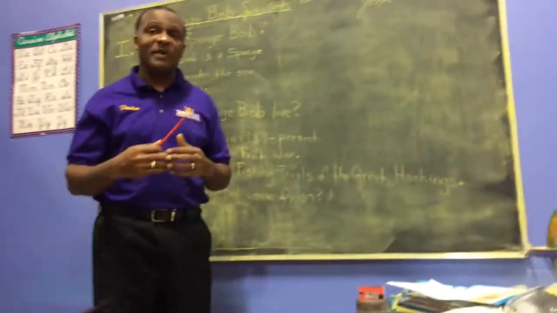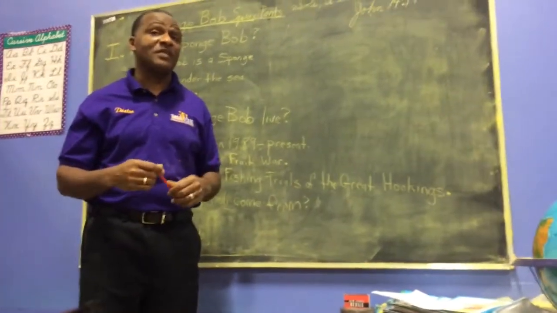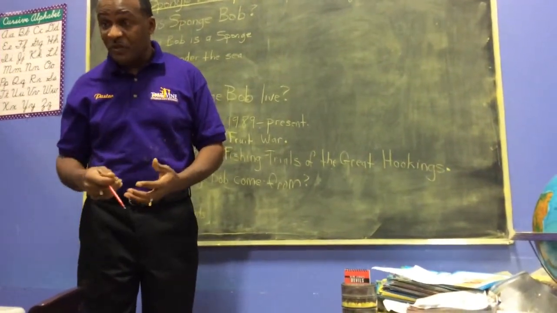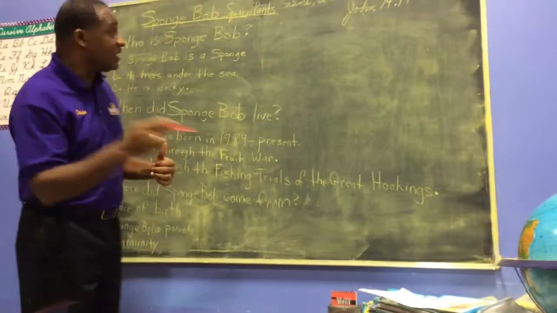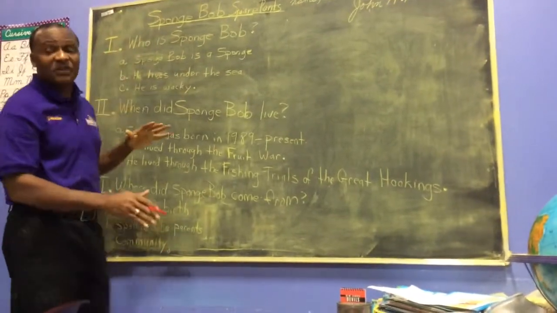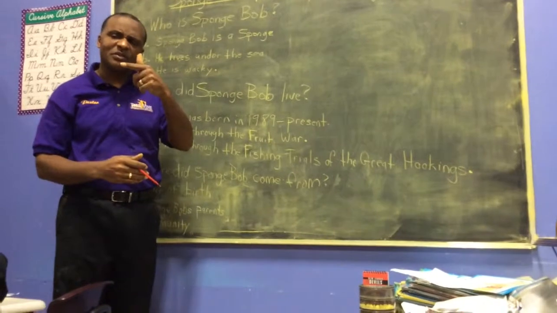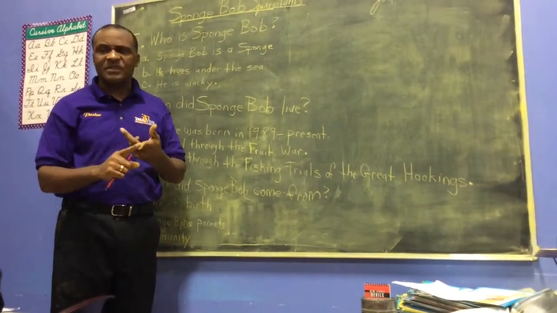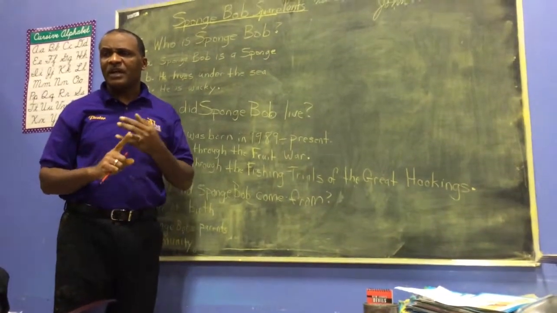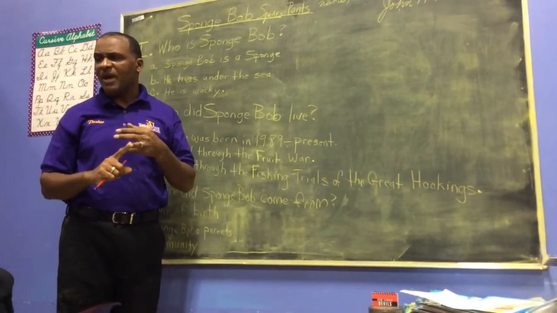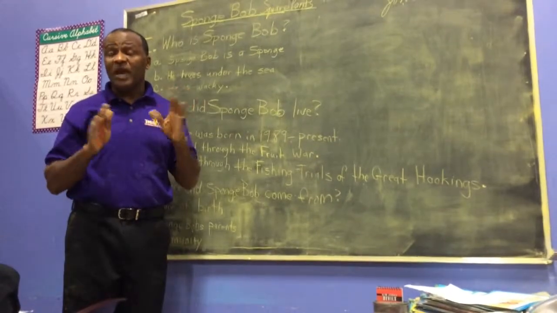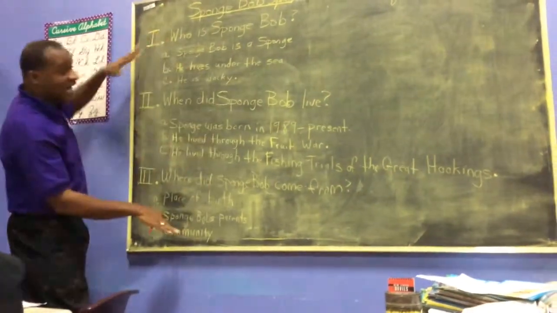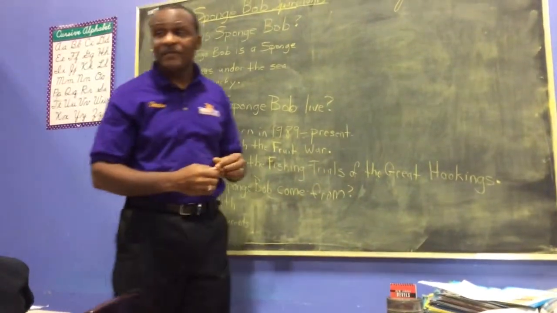We're just using SpongeBob because SpongeBob is something you know. But you're going to be writing about something that you don't know, and you're going to be researching that. So I want you to keep up with this SpongeBob outline so that you can have an idea about what you're going to write about. Some people said they were going to write about Martin Luther King, some said Emmett Till, and others said Abraham Lincoln. Whoever you write about during this Black History season, realize that you're going to be using an outline that's very similar. All right? Thanks, and I hope this